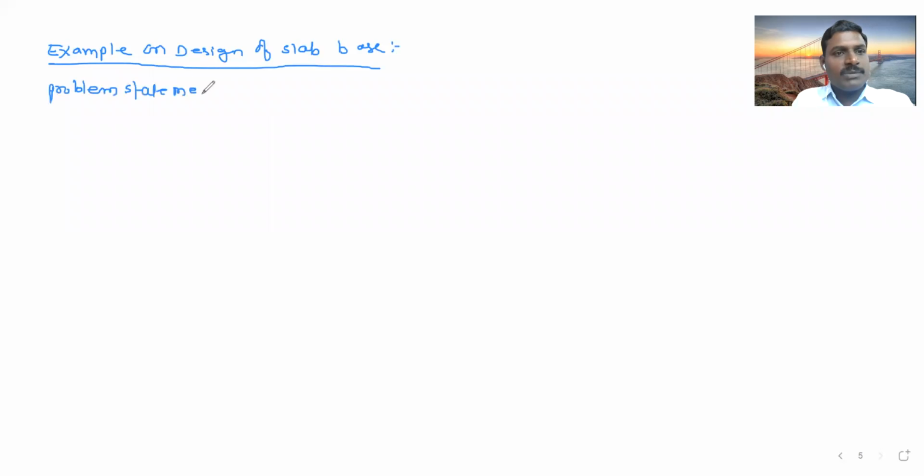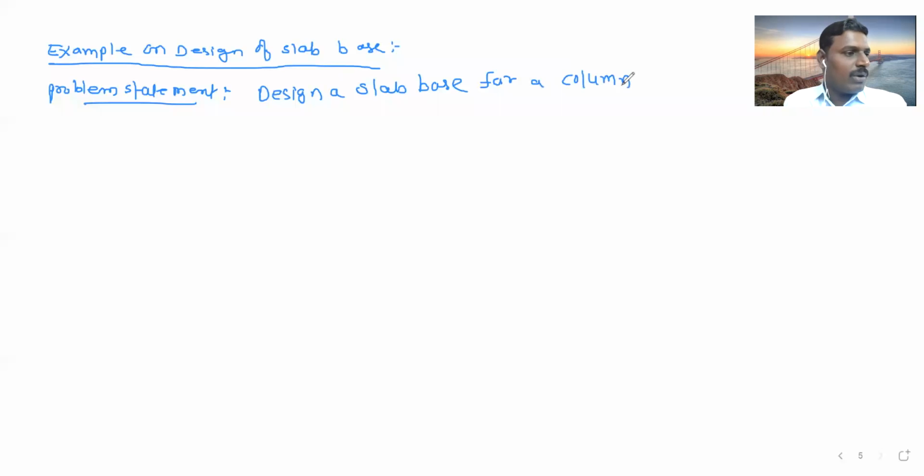Problem statement: design a slab base for a column ISHB 350 at 67.4 kg per meter,